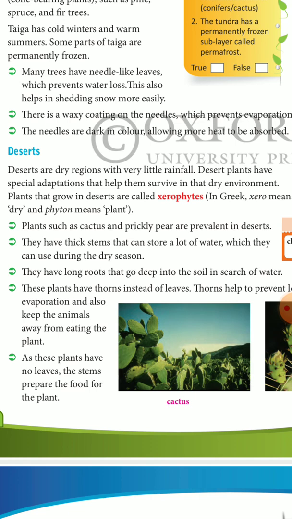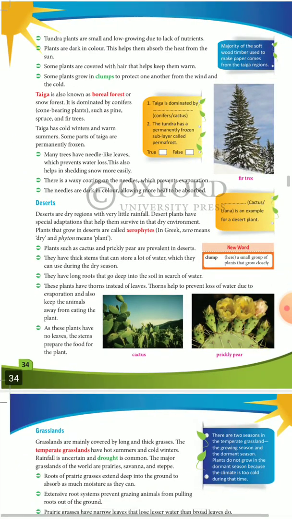The first adaptation was the stem is thick and it stores the water for the plant. Then the roots go deep down inside the earth in search of water. Then the leaves are converted into thorns to protect it from the animals and to prevent the loss of water. These plants do not have leaves, so the food will be made by the stem. Clear? This was what we had discussed about the desert. Now coming to the